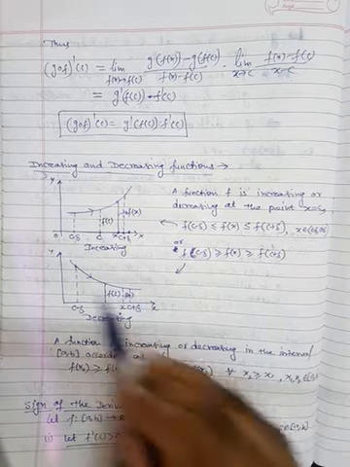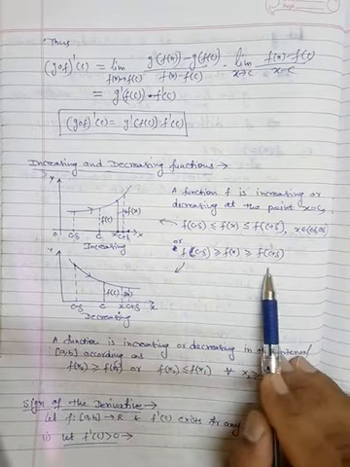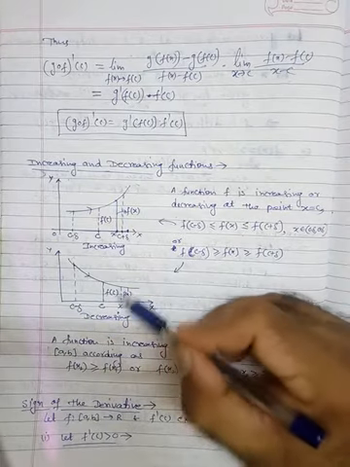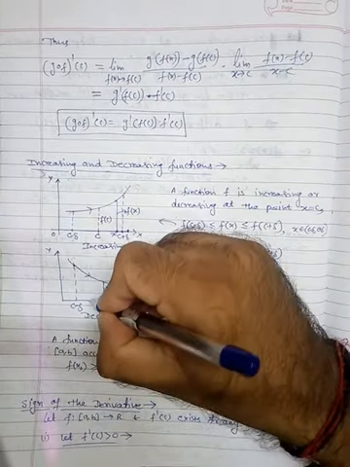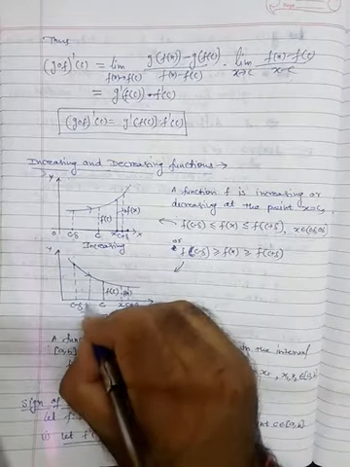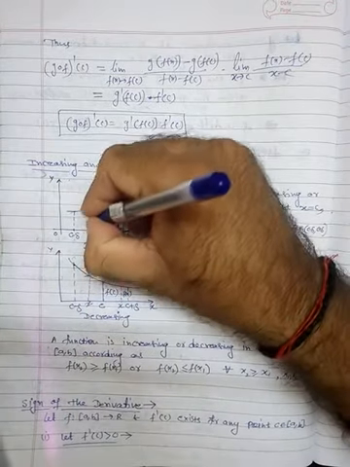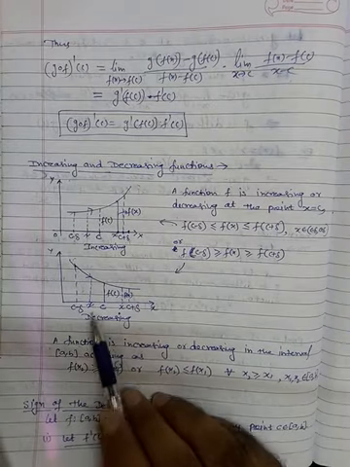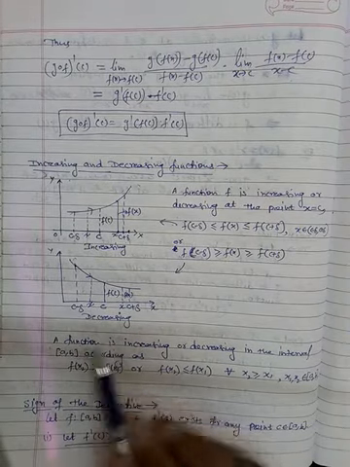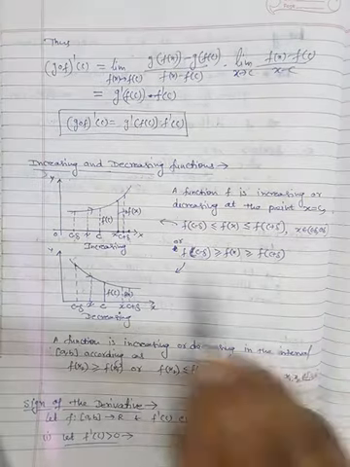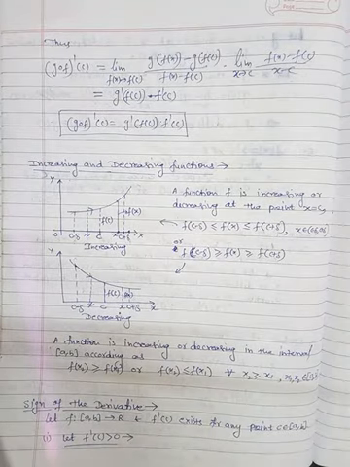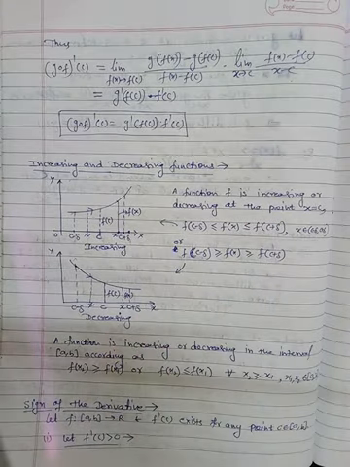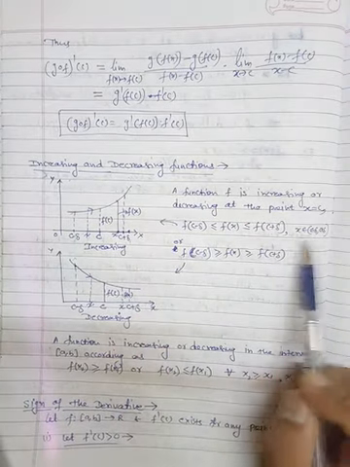Similarly, this is the decreasing function, so the inequality will be this. F of c minus delta is higher than f of x. X is here, x may be here also, similarly x may be here also. Fine. So f of x is greater than f of c plus delta. So this inequality holds. So this is the specific form where we have considered the neighborhood.